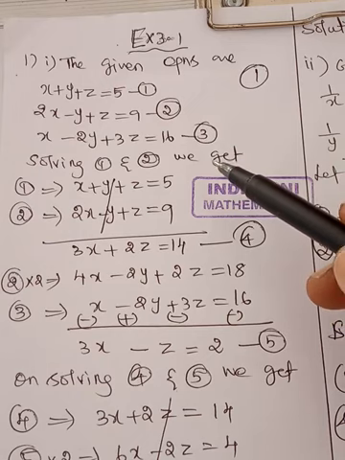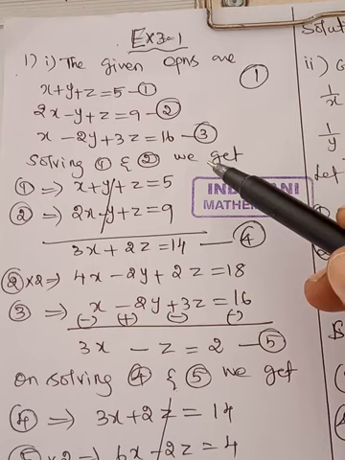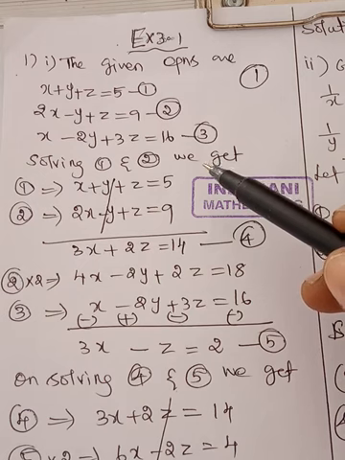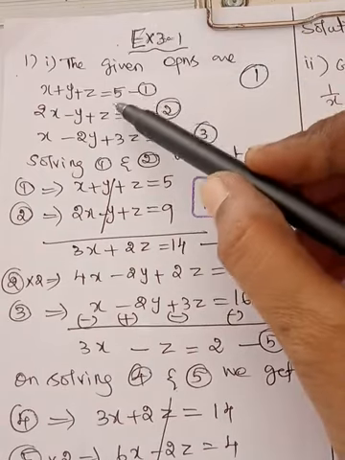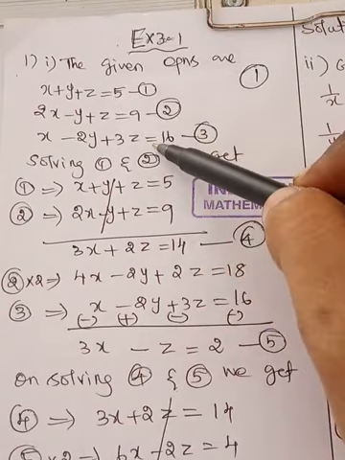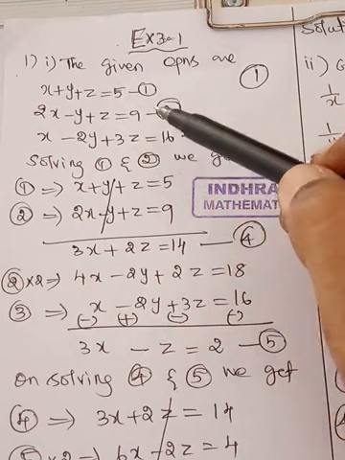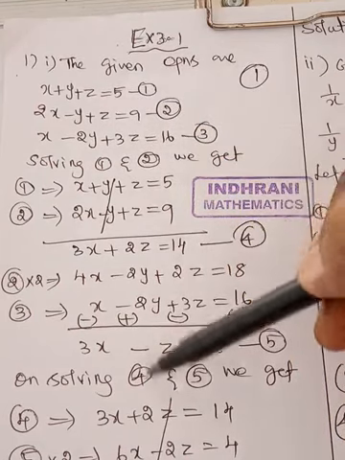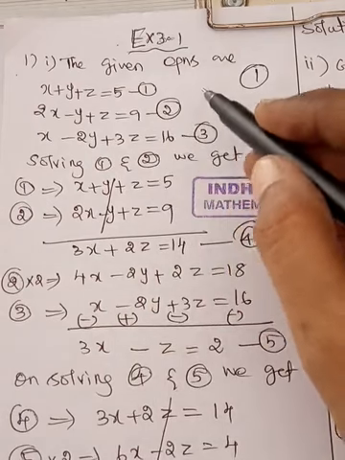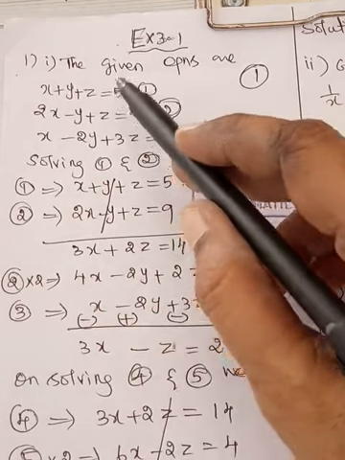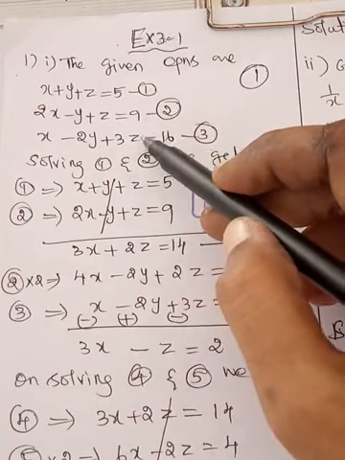So, first sum of today's trial class is exercise 3.1, sum number 1, first subdivision. Question is very simple. It is: solve the linear equations. Given three equations, solve these three equations. That's all. Here I have written only the answer. If you want, you can write: solve first equation, this is second equation, this is third equation. That is the question.